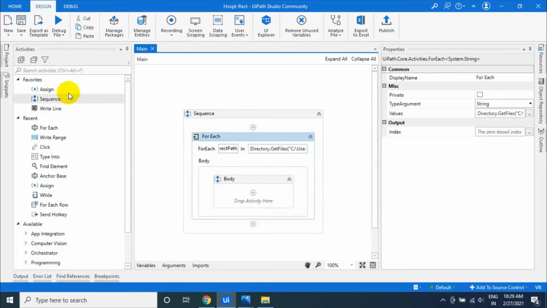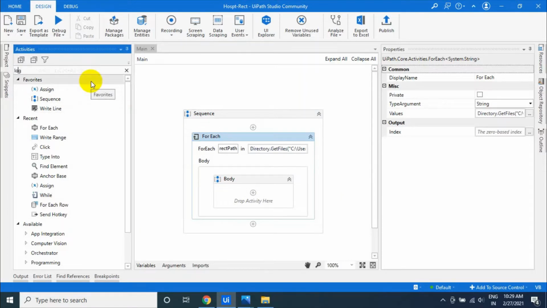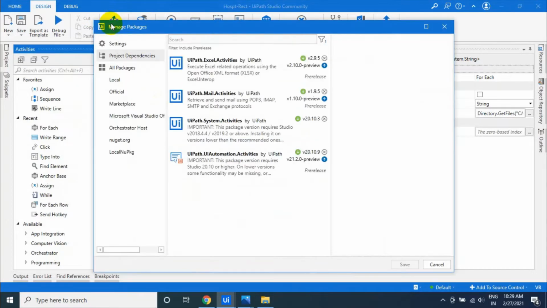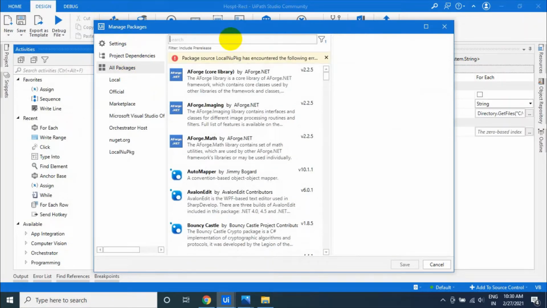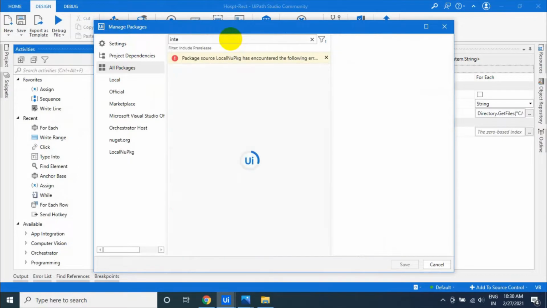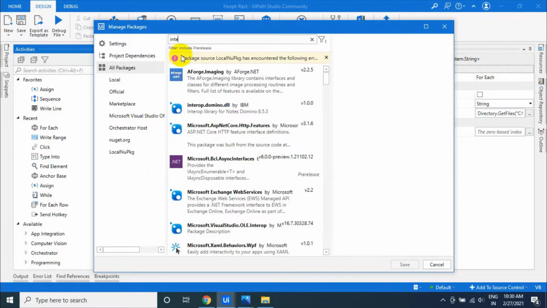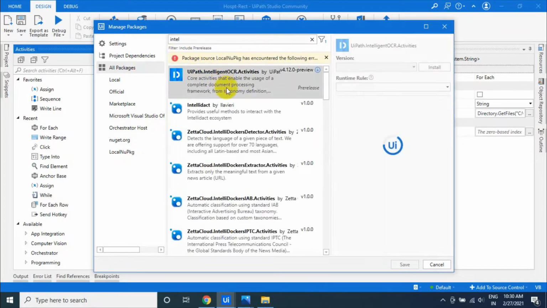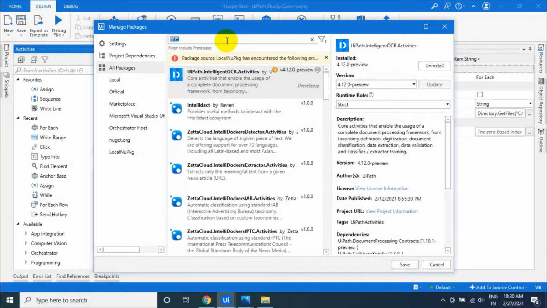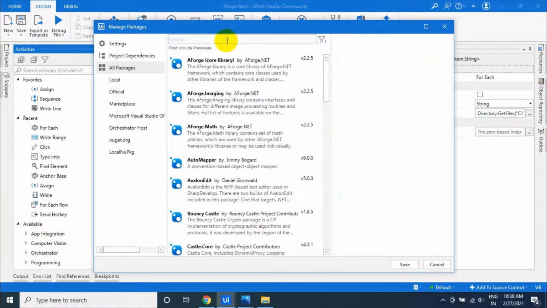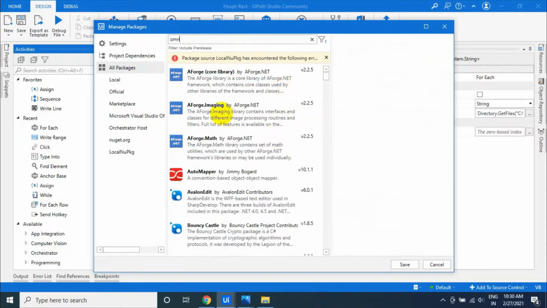So what is the first thing we have to do? Let's go to the taxonomy. There is no taxonomy available here. First you have to import some packages, like UiPath.IntelligentOCR.Activities. This is the one you have to import, and also the OmniPage OCR activity.